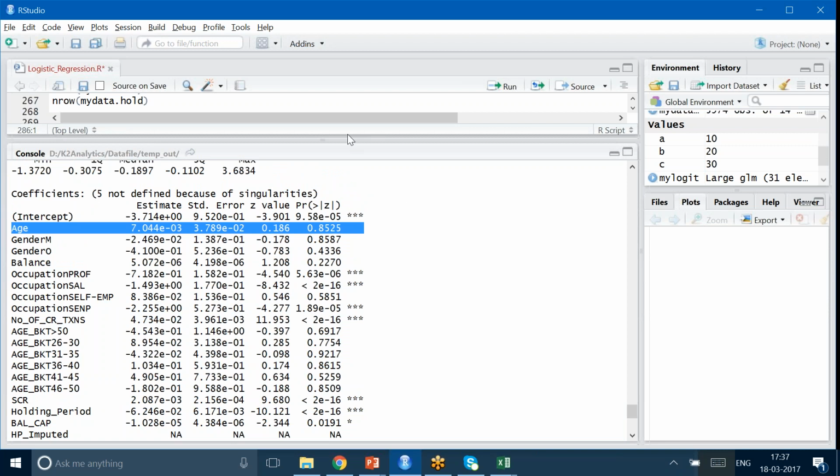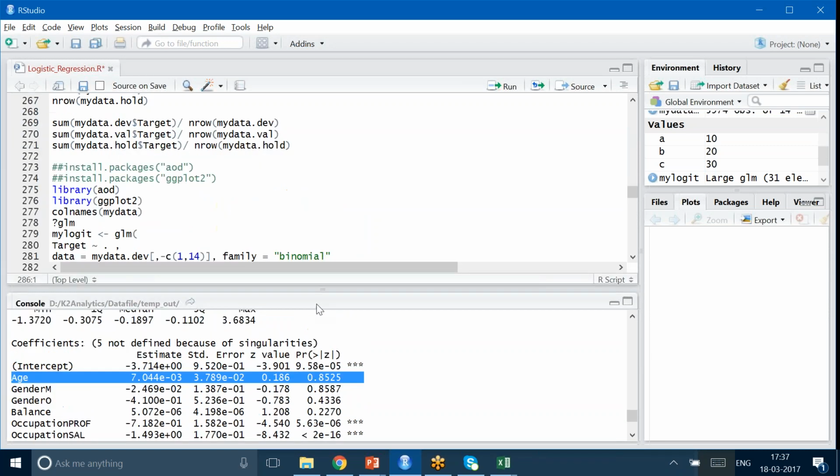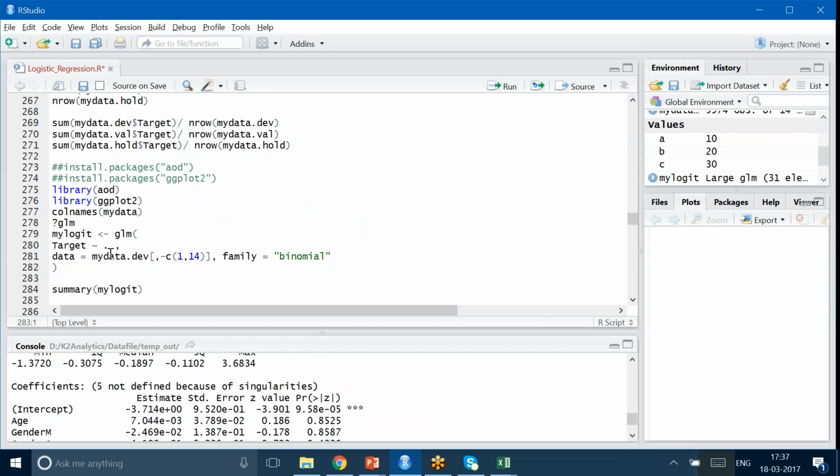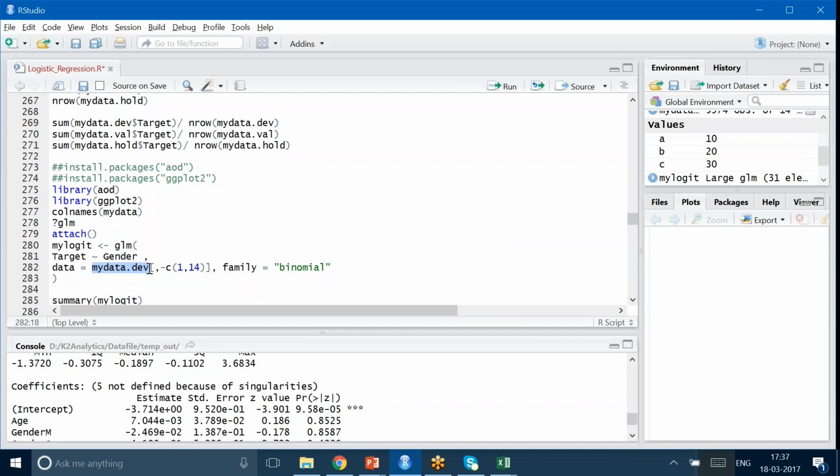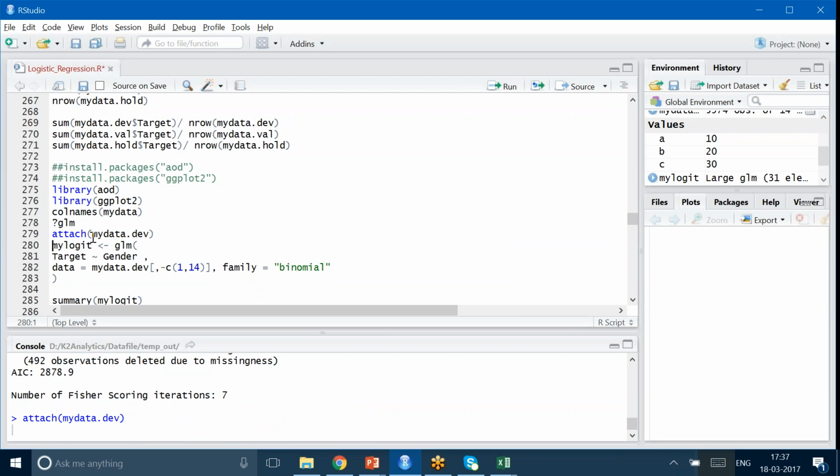Okay. So as an iteration now, gender is there. What we'll do is, instead of putting a dot, we'll now start putting variable names. Gender. Easy way out is attach. Attach, now we are building model on which data? My data.dev, right? So you say attach my data.dev. Now gender